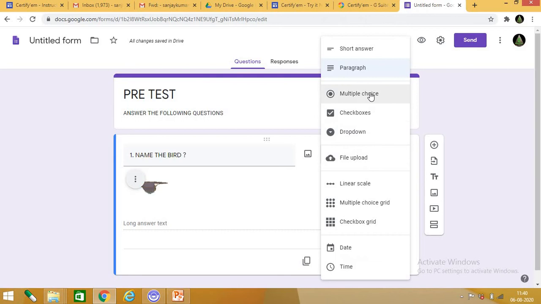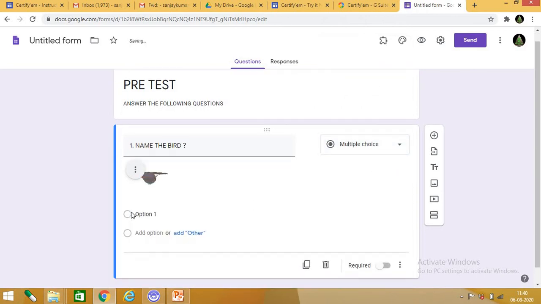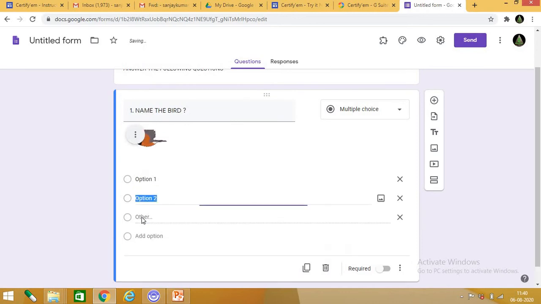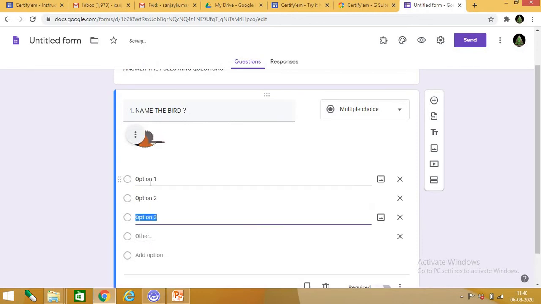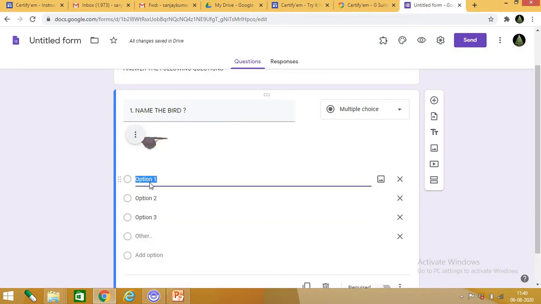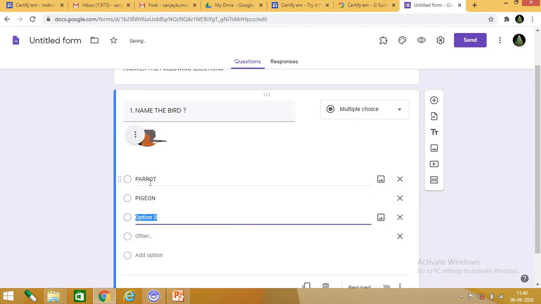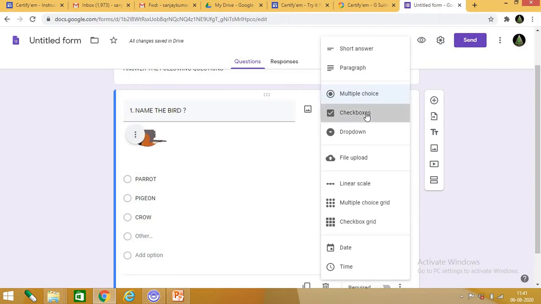You can choose multiple choice question. Multiple choice option 1, add another, add another. What is this? So you write a parrot, pigeon. Similar options you can give here in multiple choice.